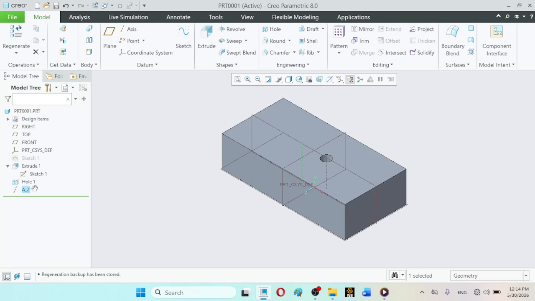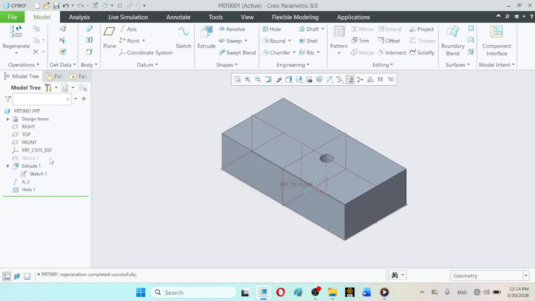So you can LMB press and bring this datum axis here. You can also make it before the extrude command, or alternatively bring the hole later.